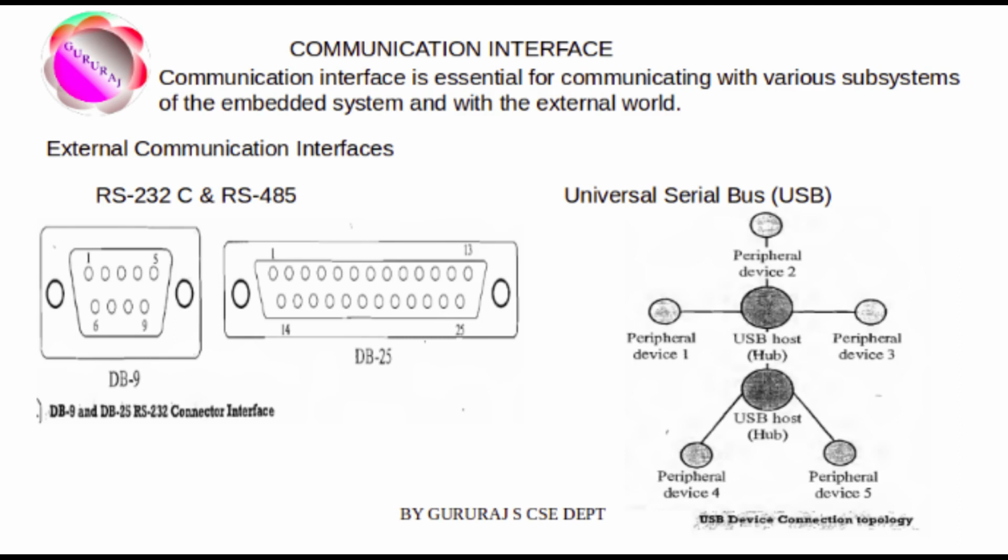USB transmits data in packet format. Each data packet has a standard format. The USB communication is a host initiated one. USB supports 4 different types of data transfers. Control transfer is used by USB system software to query, configure and issue commands to the USB device. Next is bulk transfer, used for sending blocks of data to a device. Bulk transfer supports error checking and correction. Transferring data to a printer is an example of bulk transfer.